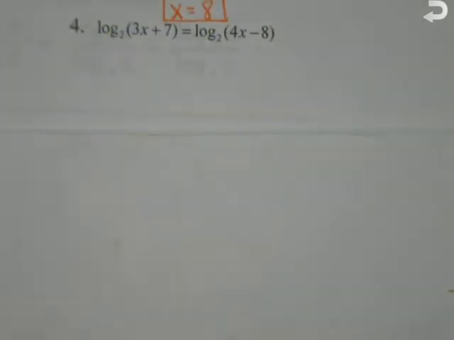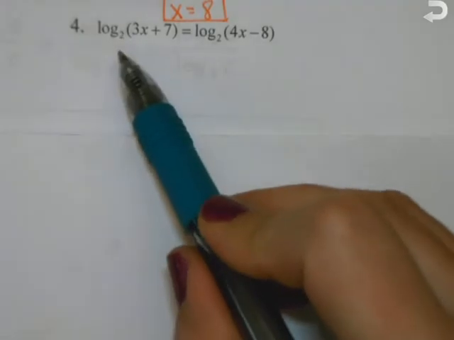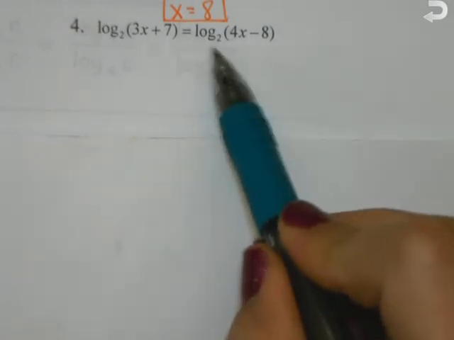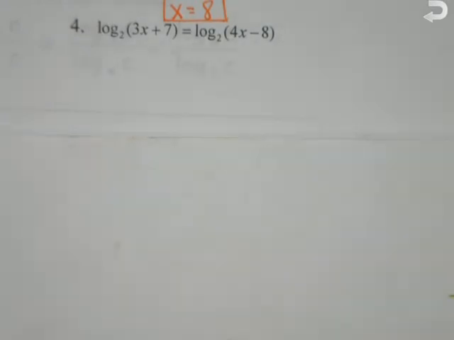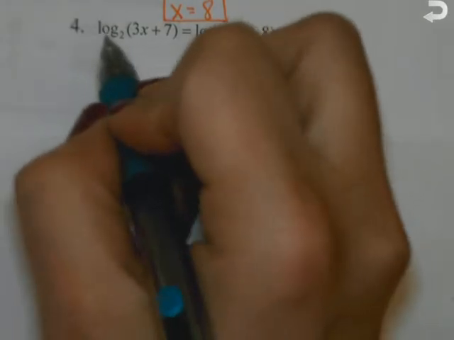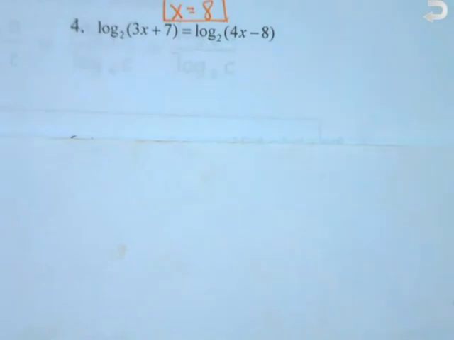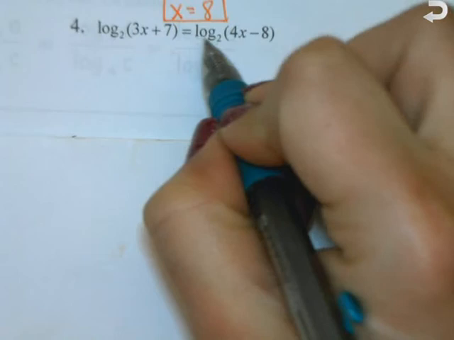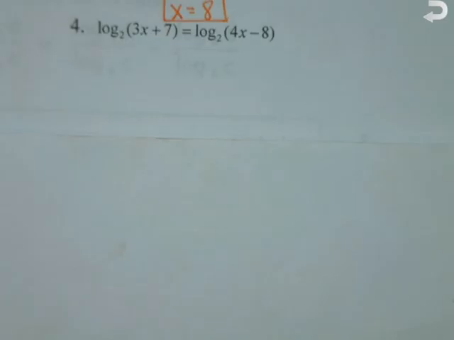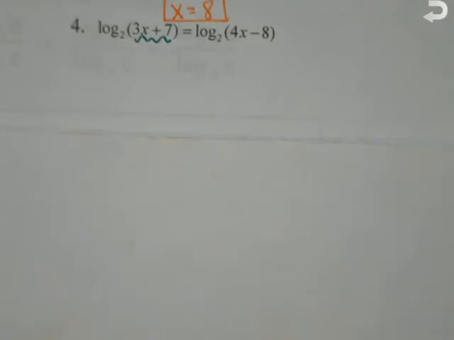So number 4, we have log base 2 of 3x plus 7 equals log base 2 of 4x minus 8. Is there any condensing? I don't see any because this is log base 2 of a quantity, and the other side is log base 2 of a quantity. So you can only condense if we have separate logs. This one is inside one single log, so it's one single term. So we can drop the log,